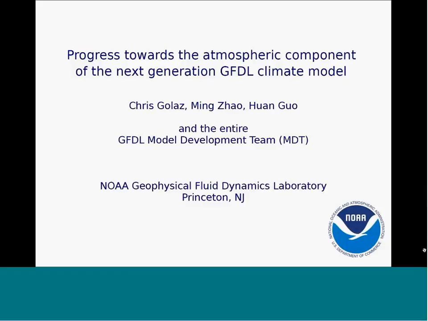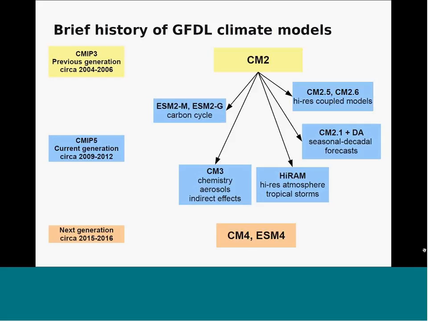Very good. Thank you. So today I thought I would give you a brief overview of some of the recent development that we have been doing here, working on the next generation climate model that will be AM4 and CM4. Just one slide giving you a very brief overview of some of the history of GFDL climate model. For CM3, we had one main model, which was CM2. And then later on, it was decided by GFDL that it would be more efficient to branch into different directions because GFDL wanted to explore various aspects, including carbon cycle, high-resolution coupled model, seasonal forecasting, high-resolution atmosphere for the purpose